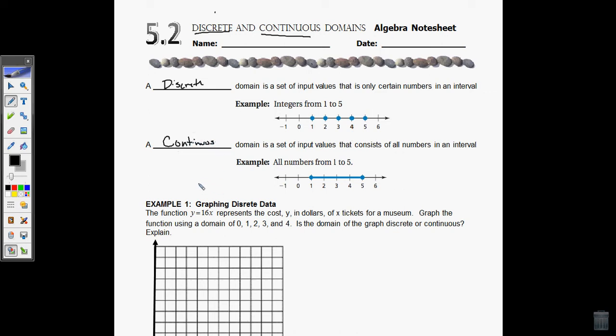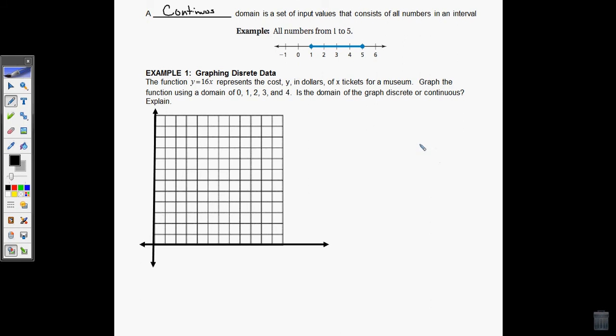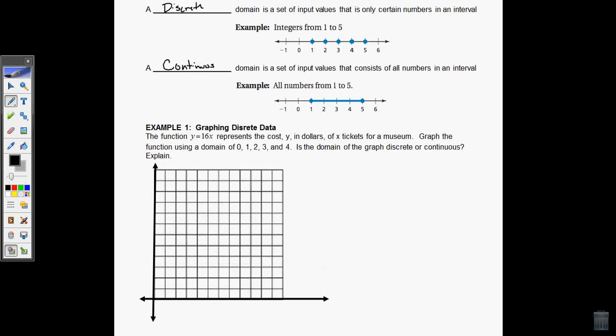When we think about these two things, discrete and continuous, we want to think about specific examples in life to try and grab onto these ideas and these definitions. Something that's discrete, or a domain that is discrete, could be something like a certain amount of sales, like CD sales. You can sell 1 CD, 2 CDs, 3 CDs, but you can never really sell 2.35 CDs because it's a physical thing,